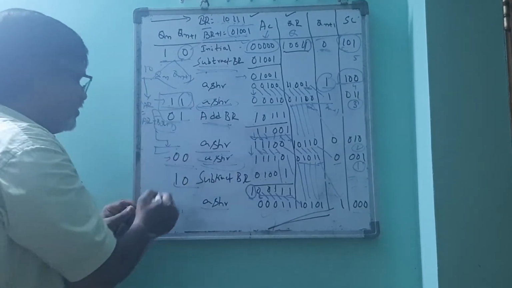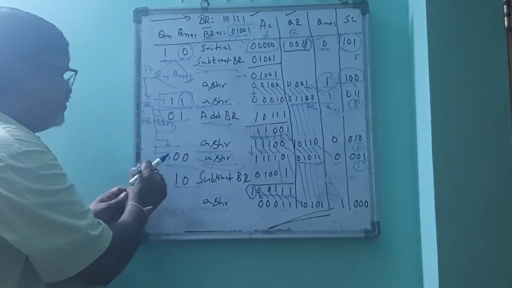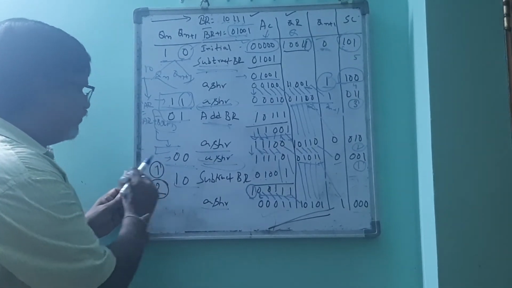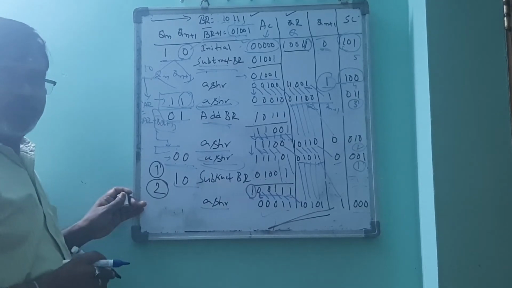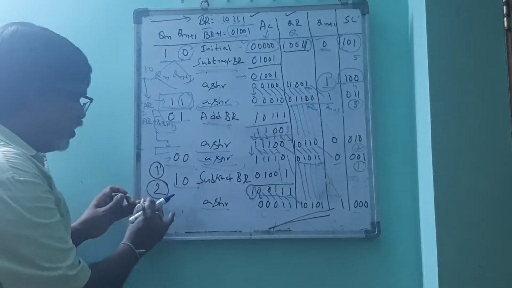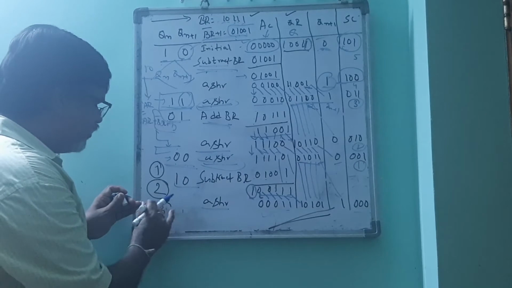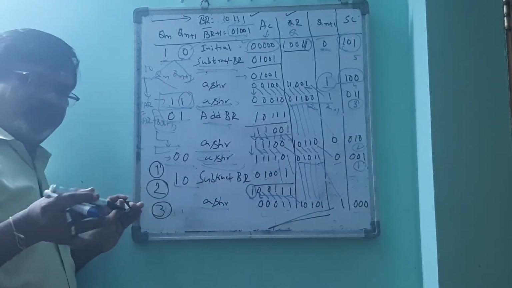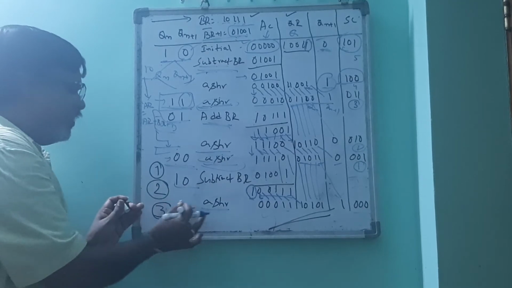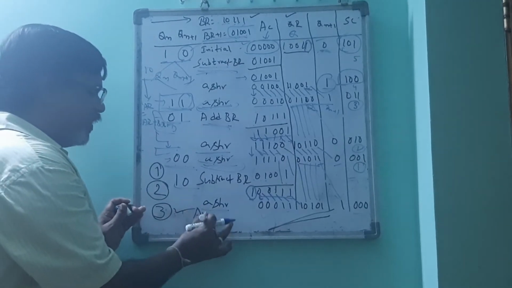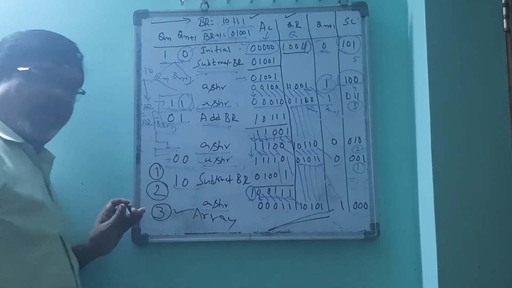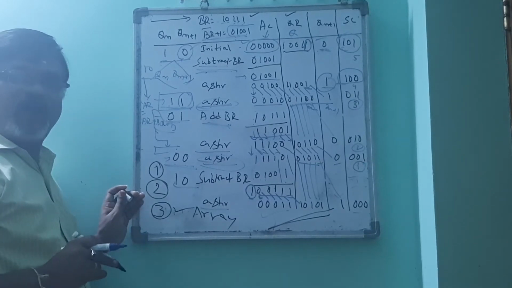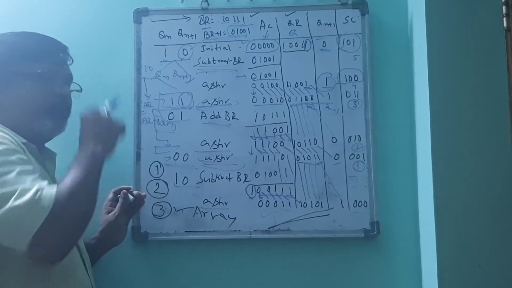So first, we have discussed one general algorithm for multiplication, and second, we have discussed Booth's multiplication algorithm. And there is one more algorithm, or one more hardware explanation. It's not an algorithm, there is no algorithm, a flowchart is there for this procedure. The third one is called the array multiplier. Even with the help of this array multiplier hardware, we will perform the multiplication.